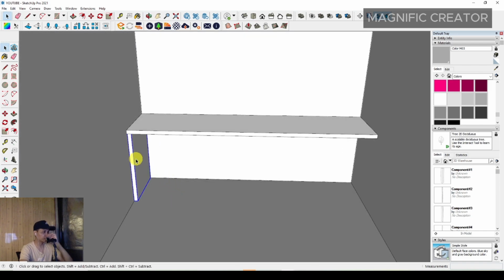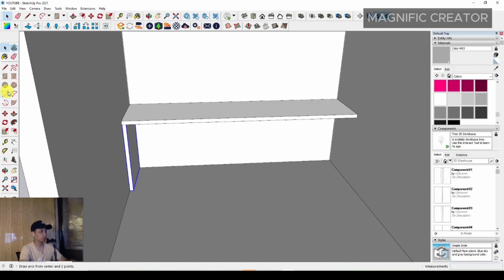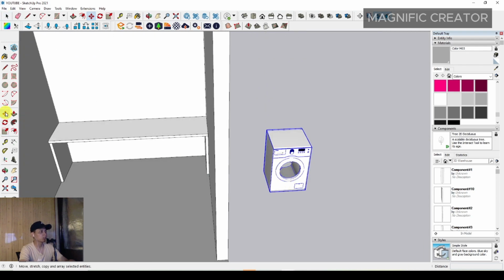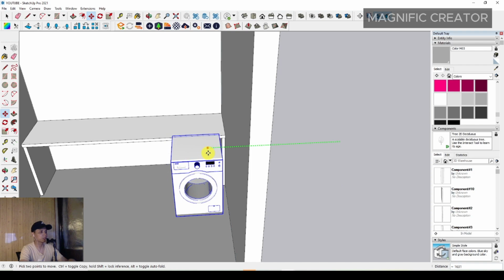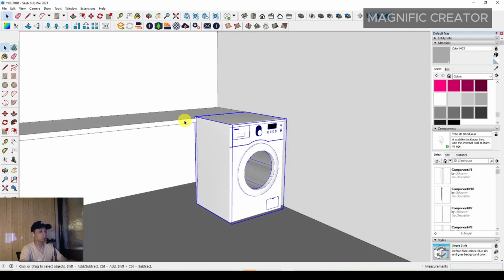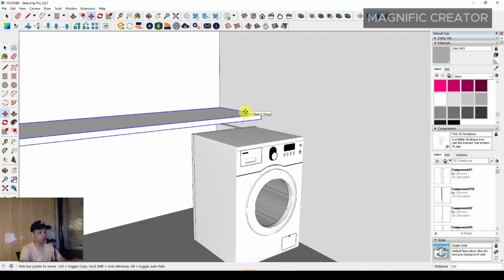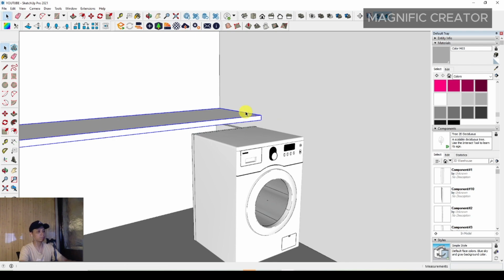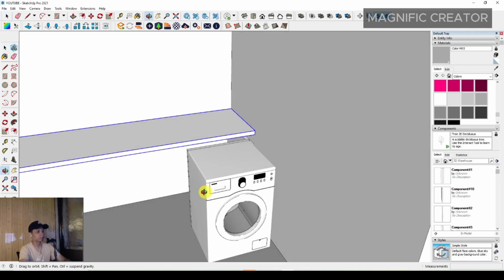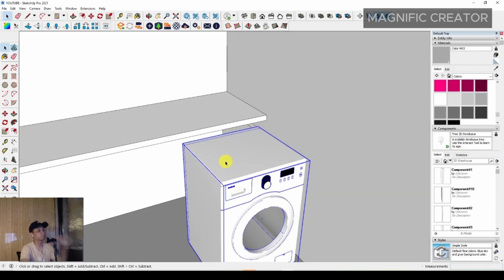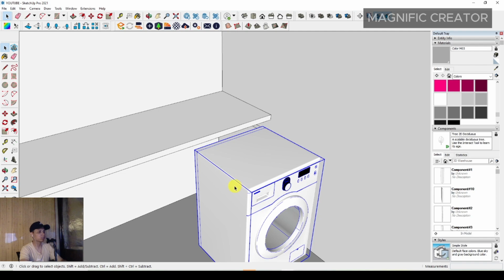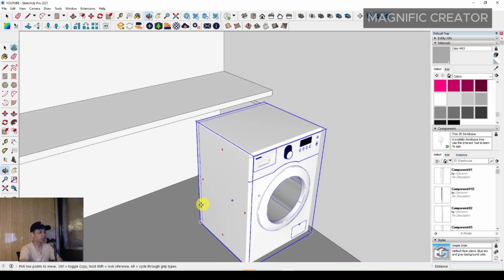After that, you can position this cabinet, and you have to make it a component first. Then you can move it to the right side. Then you can adjust the position of the washing machine, but you have to adjust the height of the table also. Maybe you can add more height around 100 millimeter. Okay, and then you can move this washing machine to the back anyway,